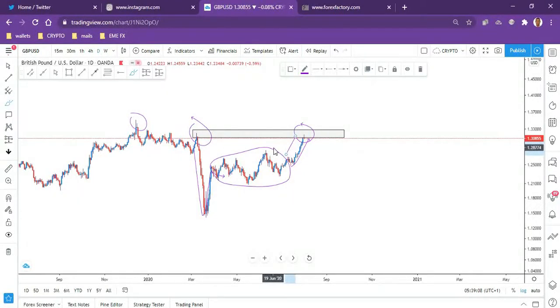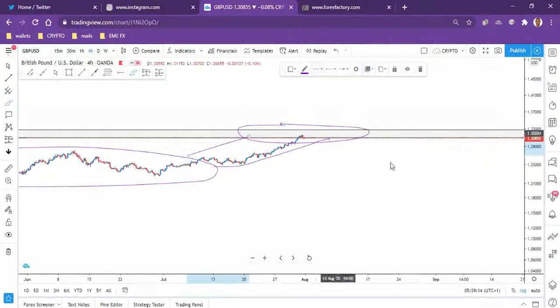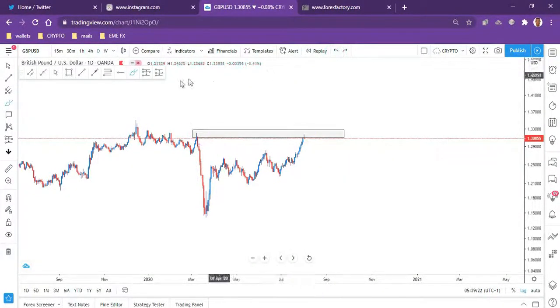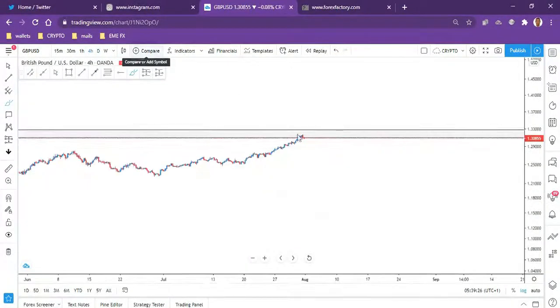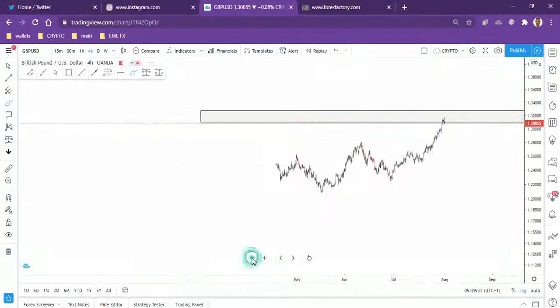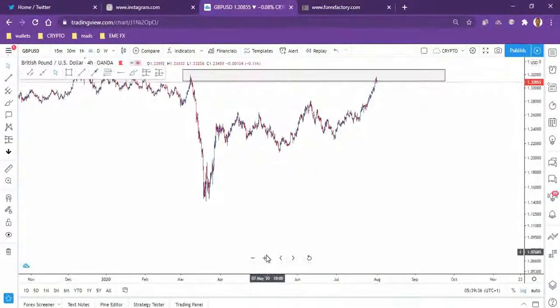Let's drop down to the lower time frame so that we'll be able to take off some of these drawings. Let's drop down to the 4-hour time frame. Now on the 4-hour time frame, we're able to spot our recent price action, our recent price movement, and